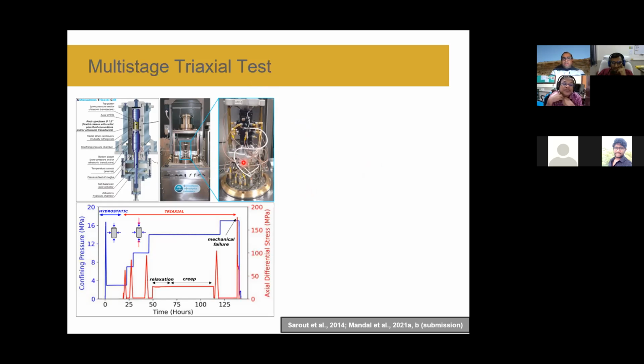So this multi-stage triaxial test has been performed utilizing this automatic triaxial cell. The schematic is shown here, and this is the zoomed section of the part where the sample is inserted. You can see a jacket is there because we don't want the sample exposed to the oil. Oil is used here as a fluid to apply pressure, confining pressure, and then we have another load cell where we apply the axial stress.